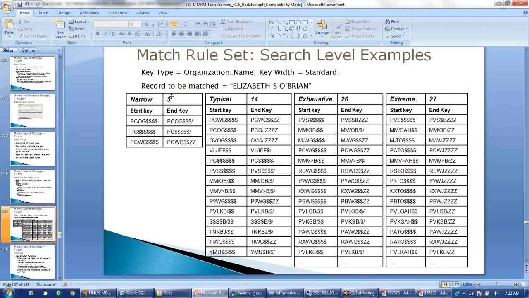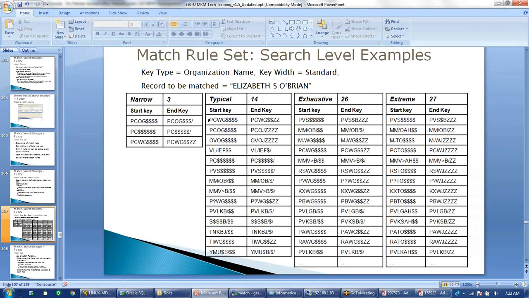Based on this search level, whether it is narrow, typical, exhaustive or extreme, whatever value you have selected, it builds a start key and an end key. You don't have to understand what the token or the value is here; this understanding is not required.